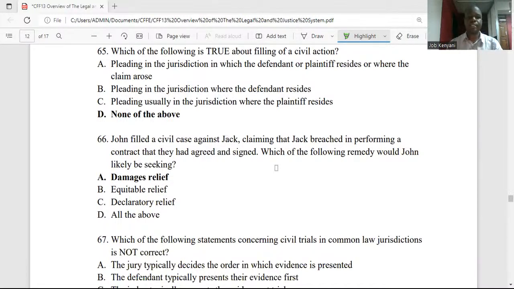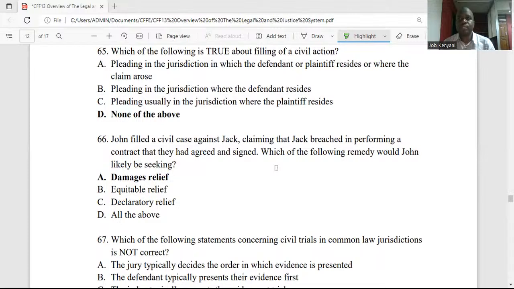Damages relief. There are those remedies that can be given in case of a breach of a contract. Under damages relief, we simply mean that John would be seeking to be paid or compensated for all the losses that he has incurred in this particular contract as a result of the breach. So we can talk about damages. We can also talk about being able to pay up to the extent the contract has been performed. We call it